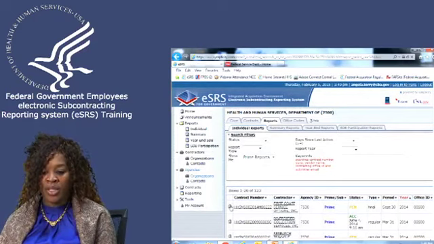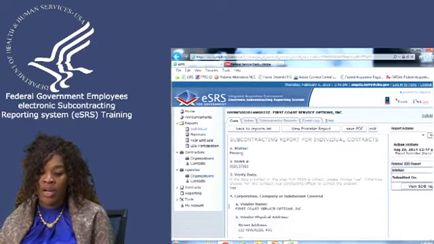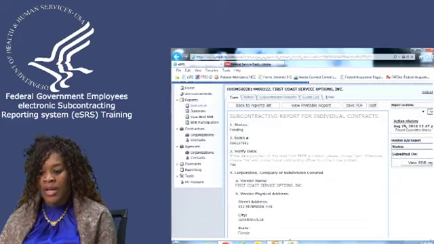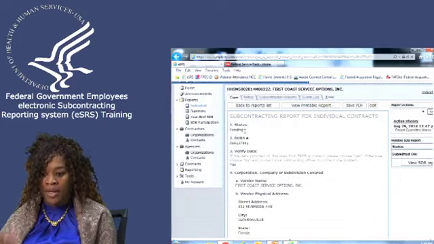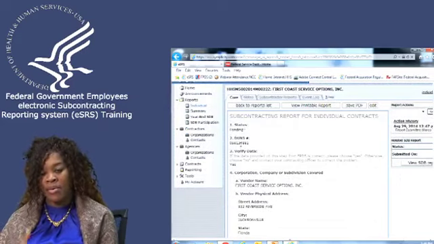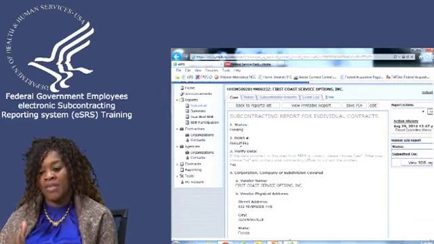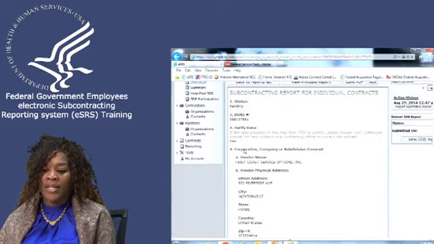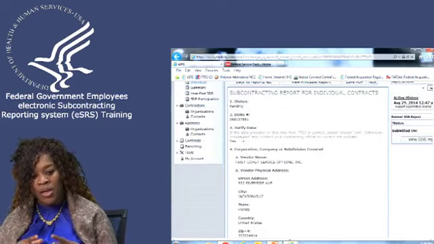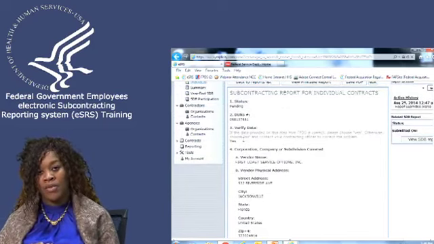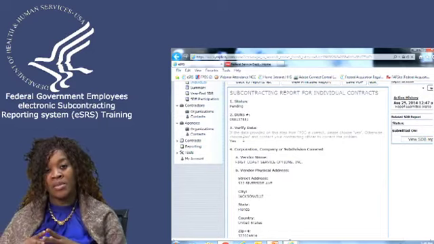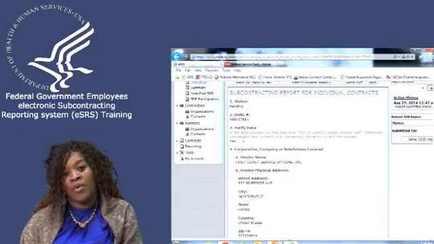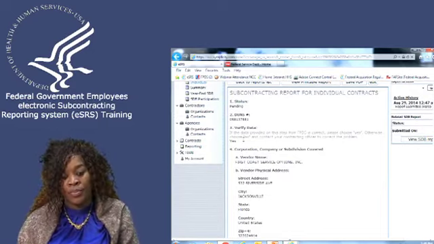We're going to look at this particular individual subcontract report. As I said first, it's pending. We want to make sure that DUNS number is someone that we have an individual subcontract plan with. The verified data is very important too. In order for them to report on their individual subcontract report, the system is fed data from the Federal Procurement Data System Next Generation.